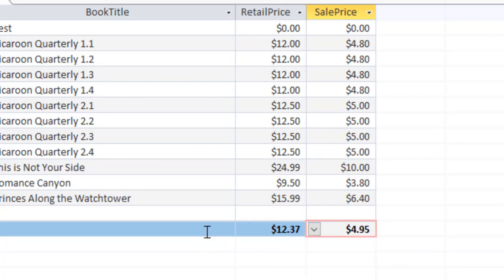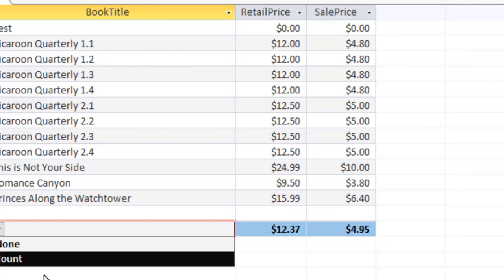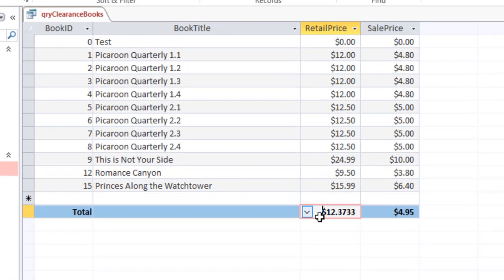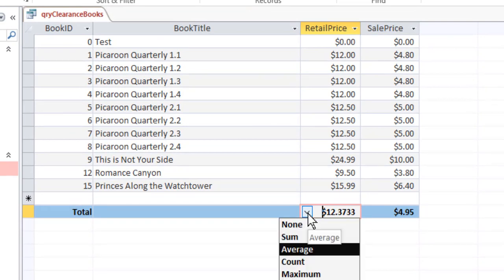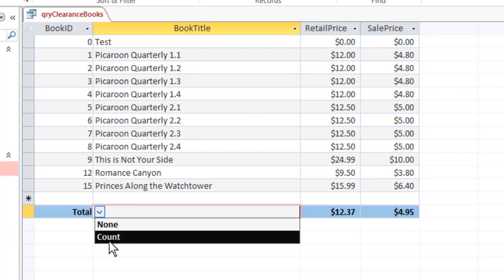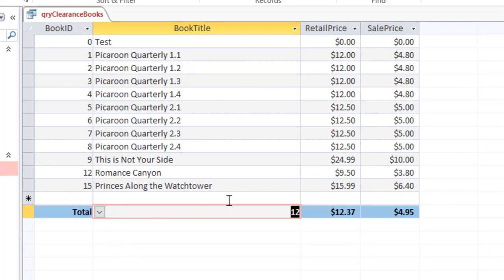As I selected average, and this is not applicable, very few options are available for the text field, and we can see that many more options are available for the numeric field. So the aggregate works much more easily on the numeric field. For the text field, only the count is available. If we select count, it would simply count the records which are displayed on the screen, and it has been counted.